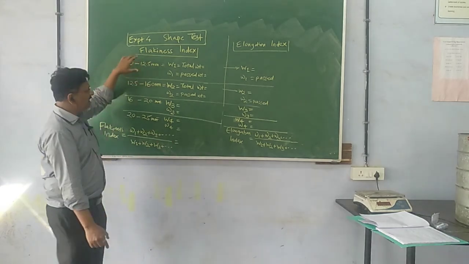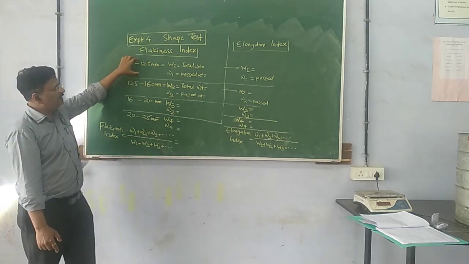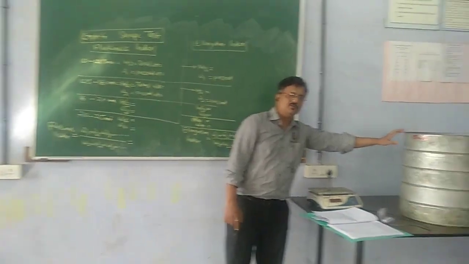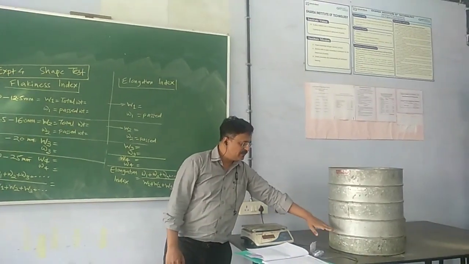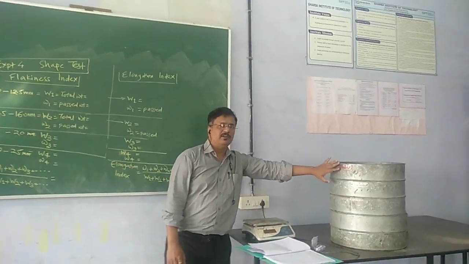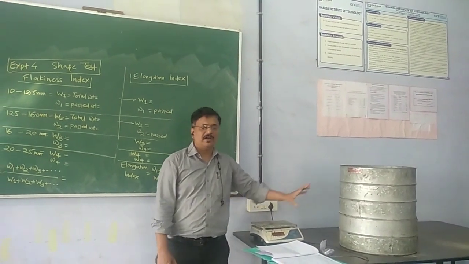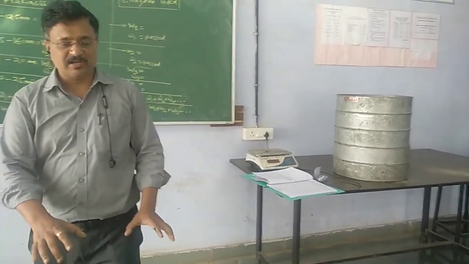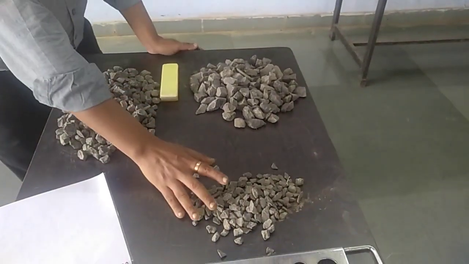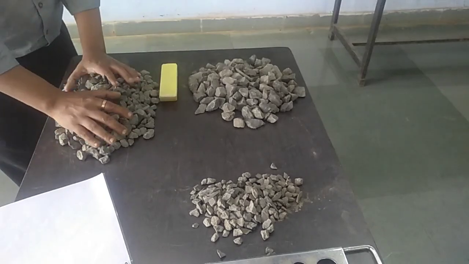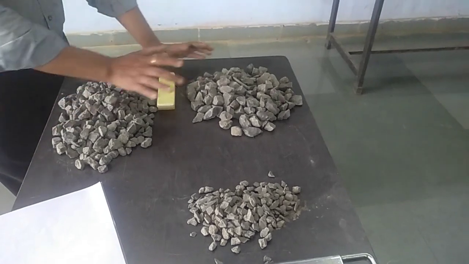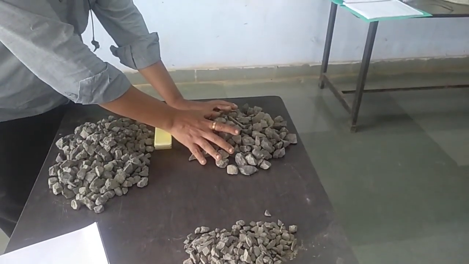For sample purposes, I have taken 4 sieve size ranges. If you are able to see, these are the sieve sizes: 10 mm, 12.5, 16, 20 and 25 mm. I have done the sieving, and you can check these particles. These are the bunches. This one will be 10 to 12.5. One more bunch is 12.5 to 16, then 16 to 20, and 20 to 25 mm sizes.